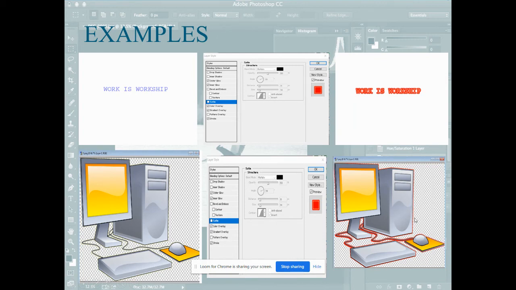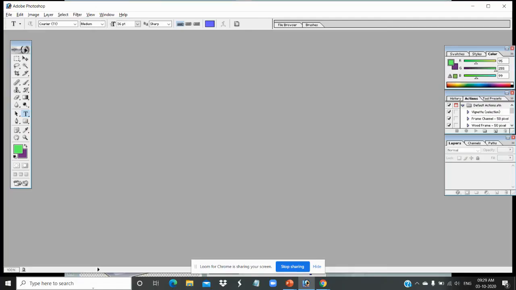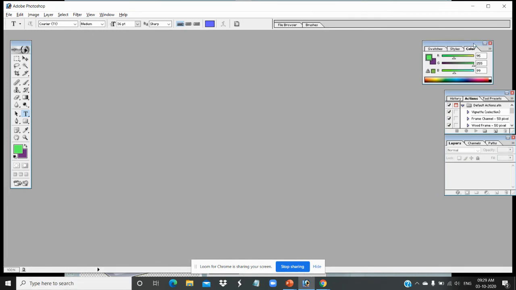Okay, so now whatever we have discussed, let us do it as a practical thing using Adobe Photoshop. Let me show some live examples. So you have to open up your Adobe Photoshop. This is your Adobe Photoshop, and as we have discussed, this is your toolbox and all the tools are listed here.